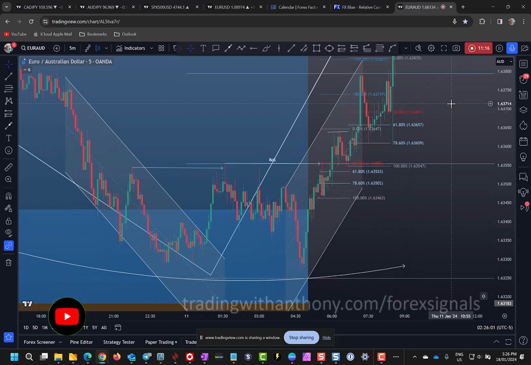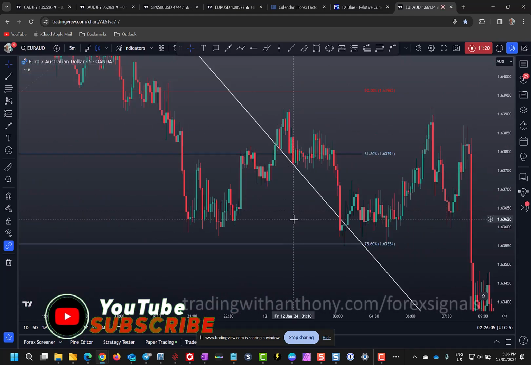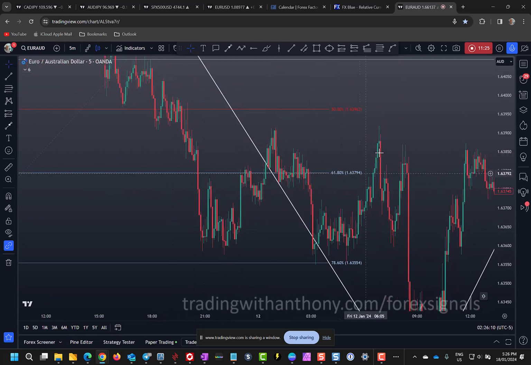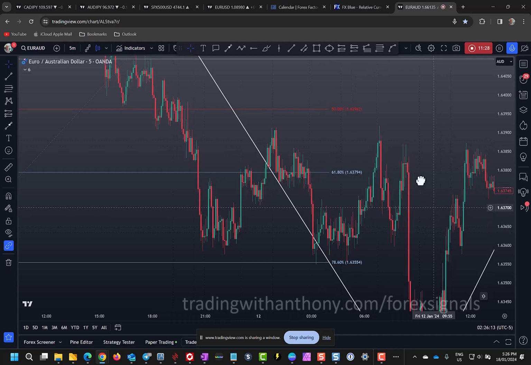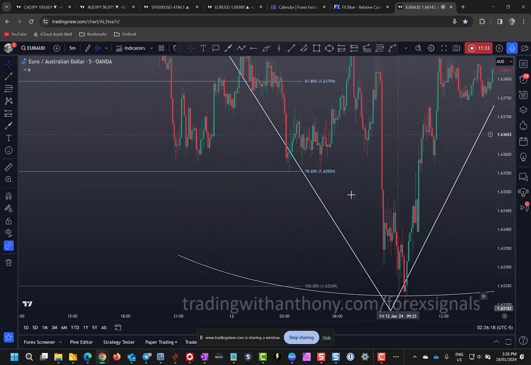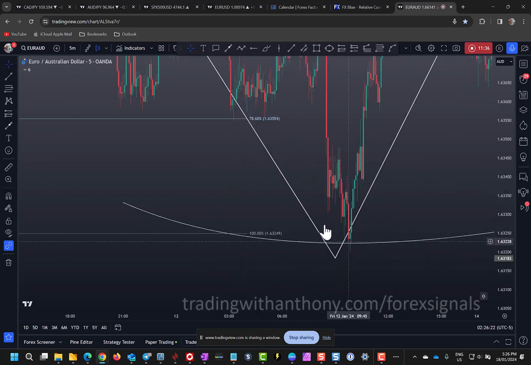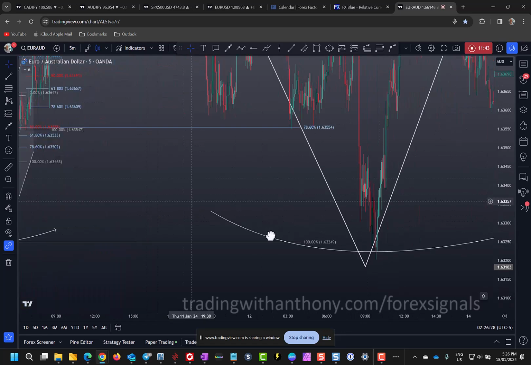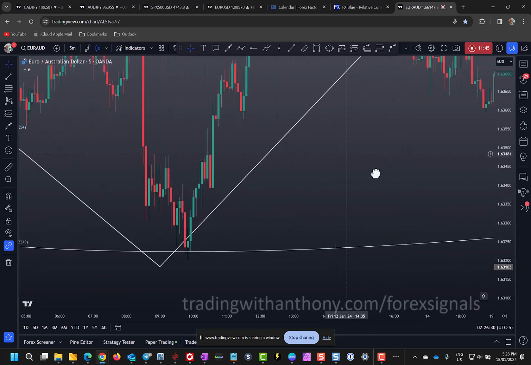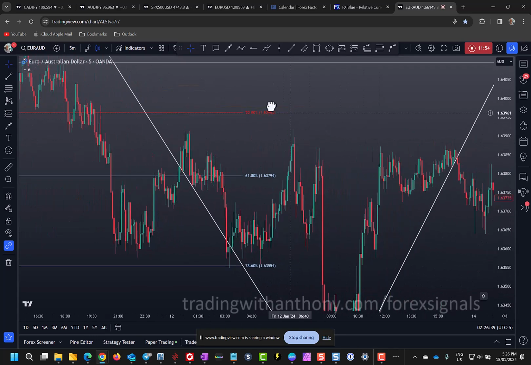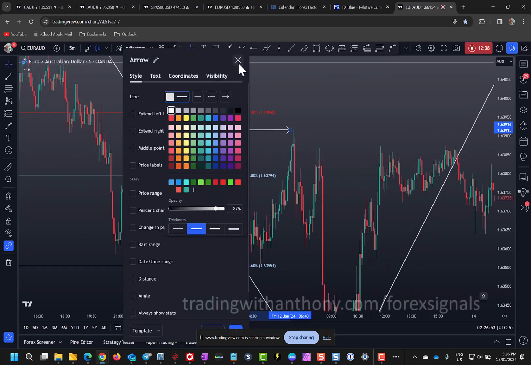Now, have a look at this other one. This was your 61.8 right here, and of course it blew through that. Now, you could have set that up with a limit, and you may or may not have gotten taken out, as this spiked right down to this low and a little bit beyond. Now that's a liquidity sweep, but again, to avoid that, you're waiting for higher highs and higher lows to set up. You want the break of structure, and it's a really simple matter of marking up these highs here,